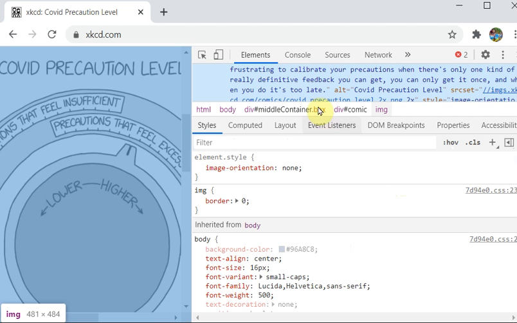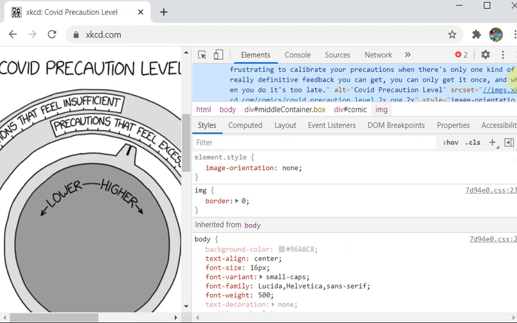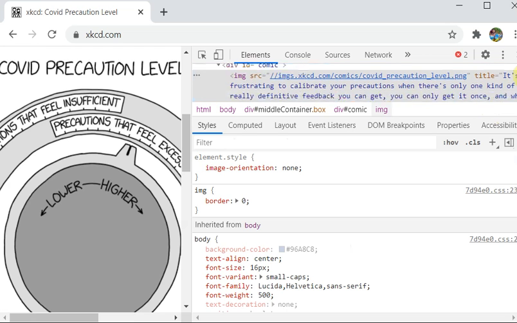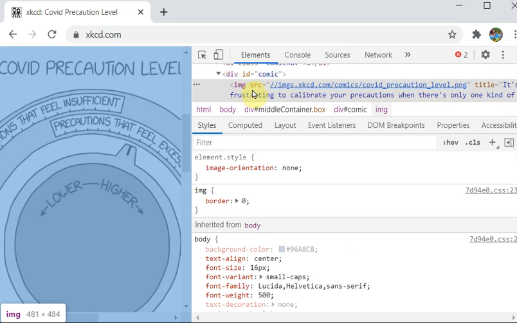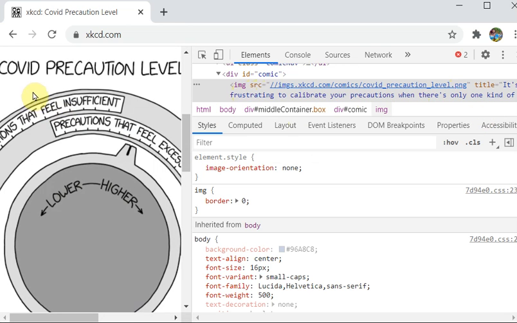Here you can see this is your developer tool. You can see the image part is written within this particular tag, div id given as comic. Then we have the image source, where the source is given along with the title.